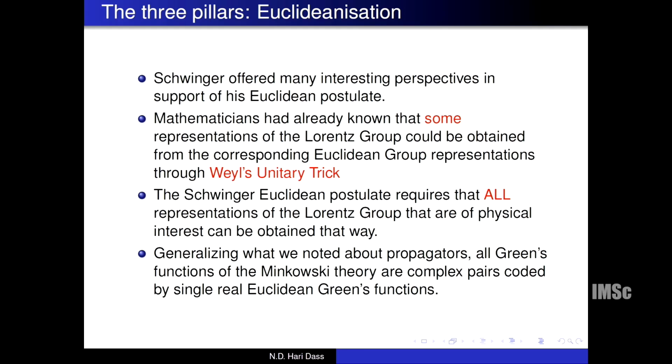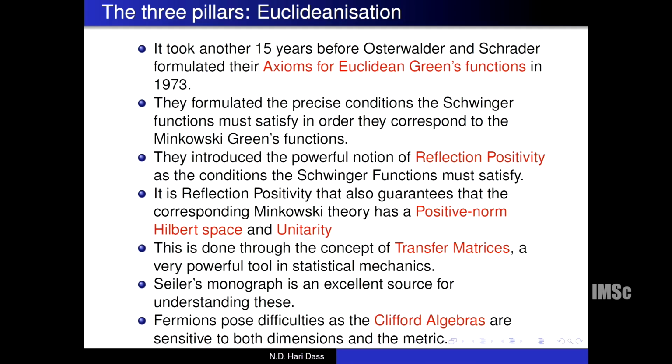Now, what we said about propagators can now be generalized to all Green's functions, and the statement is that all Green's functions of the Minkowski theory are complex pairs coded by a single real Euclidean Green's function. So that is the Euclidean postulate put another way. Now this was 58, 59, and not many people took notice of it, maybe because they didn't see the usefulness of this concept. And it took 15 years till